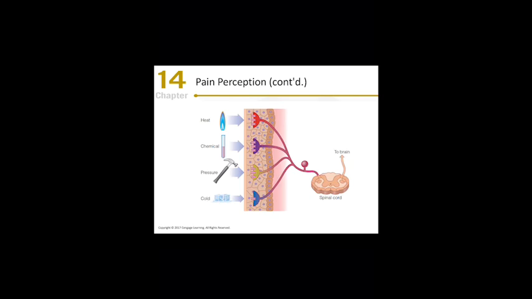So these particular nociceptors are responding to different kinds of stimulation specific to heat, chemical, pressure, or cold. And once that signal is sent here, it's going to travel through to the spinal cord, okay? And then it's going to move up the pathway to the brain so that your brain can react to it, and then send the message down to remove, for example, if you've touched something hot, or if there's too